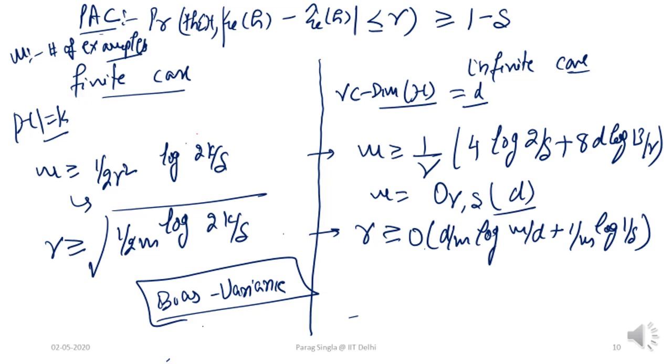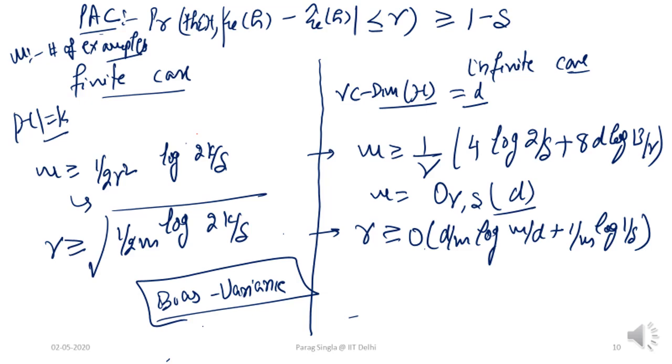It's a slightly complicated looking expression, but what I really want to stress is that if you look at the dependence on d, it's actually linear. So as the VC dimension increases, which we saw in going from linear to quadratic classifiers, at least in the case of R2, the number of examples you will need to achieve a certain PAC bound will also go up. I will make an even more interesting argument about this need for more examples on the next slide.